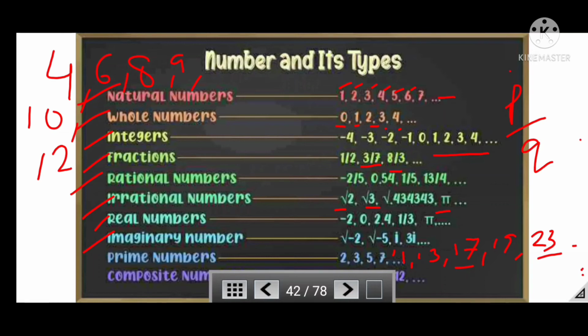And the smallest composite number, always remember, is 4. Sometimes a question is asked from this topic: which is the smallest composite number, and the answer is 4. And if they ask which is the smallest prime number, then the answer is 2. And if the question is which is the even prime number, then the same answer is 2, because we have only one even prime number, and that is 2.